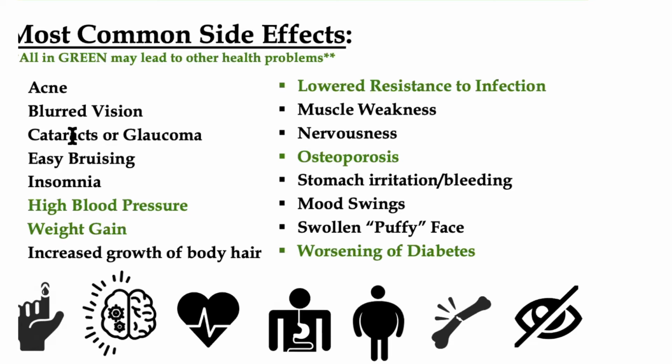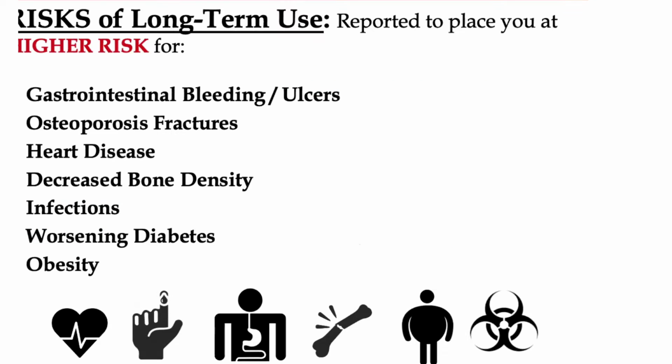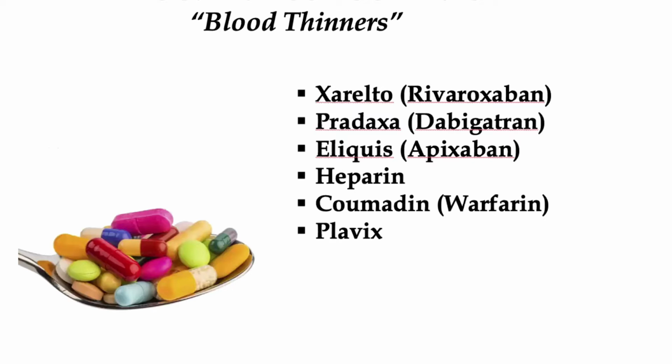These are the kinds of things that these drugs can cause when you're on them chronically. That's really where the issues come up in most of these drugs, is chronic susceptibility. They're immune suppressing drugs. And it also contributes to diabetes with long-term use, bone fractures, things of that nature. So, the anticoagulants,